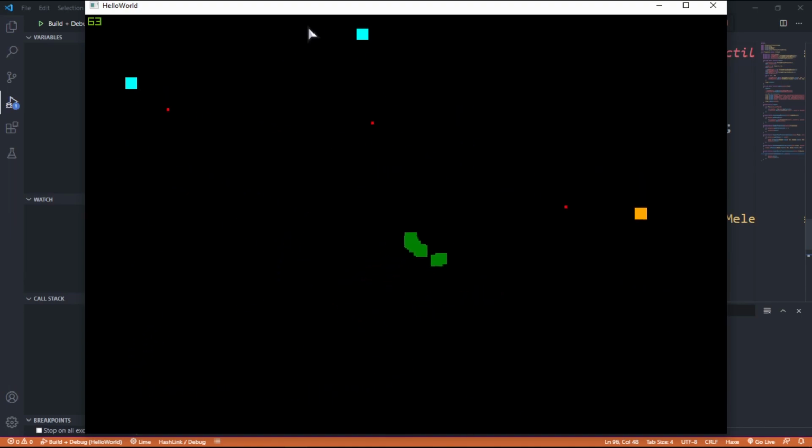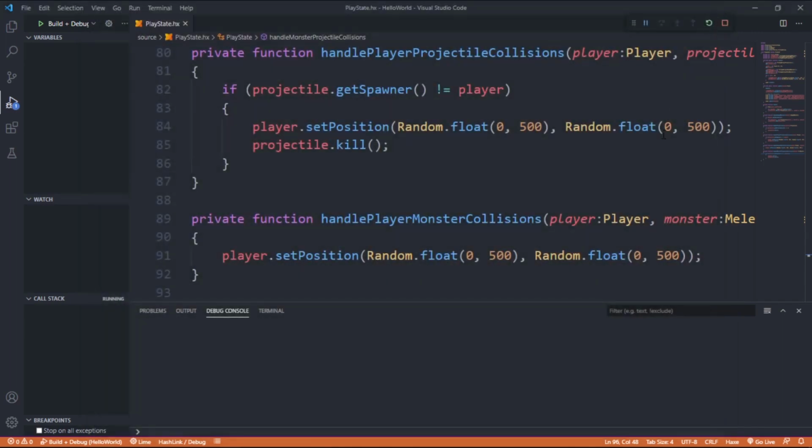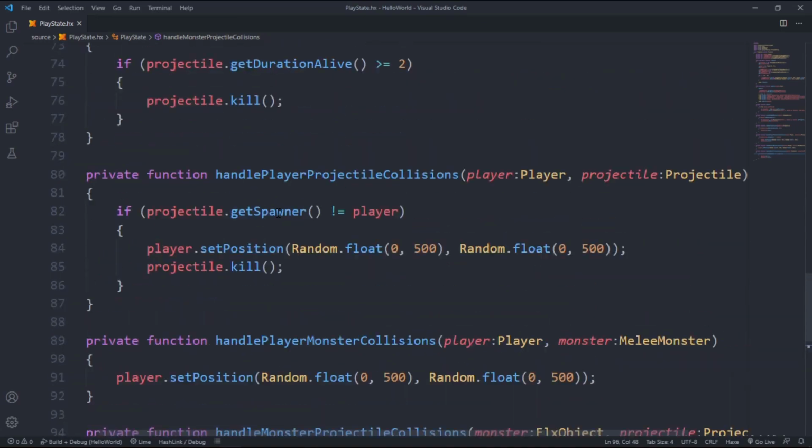But we can still fire projectiles if I manage to actually hit it, and we can still kill the melee units. But if we were to, say for instance, move to the right while shooting left, we don't kill ourselves anymore. So that's awesome, and we end up spawning projectiles which we can then fling, which is so awesome. And this would make for a perfect puzzle game, one of those where you have to push the boxes. This would be absolutely perfect for that. Imagine if, that gives me such a good idea. But in any case, before I get off track,